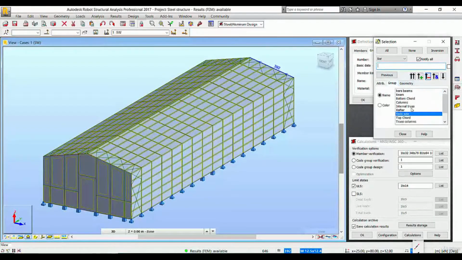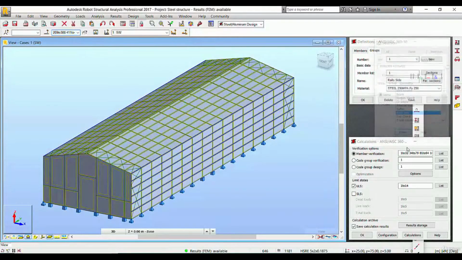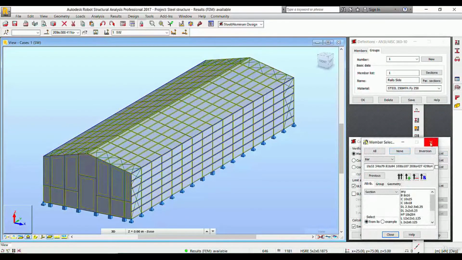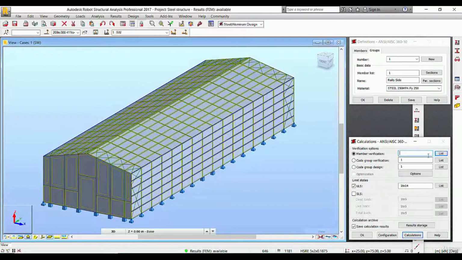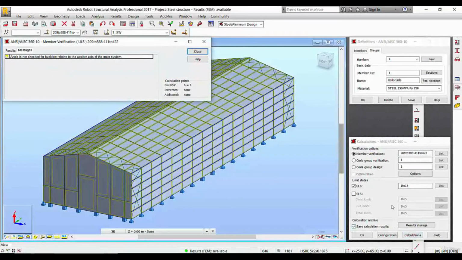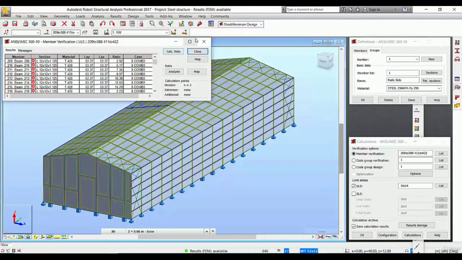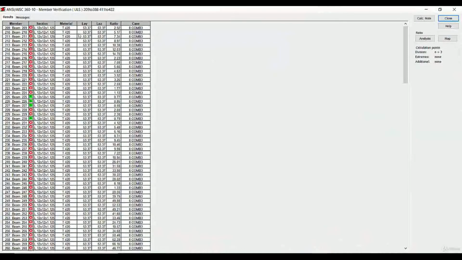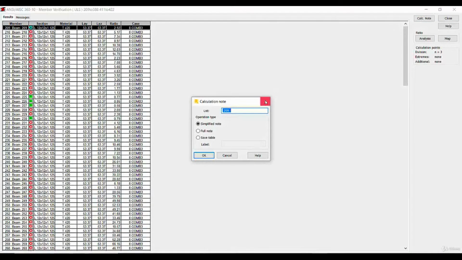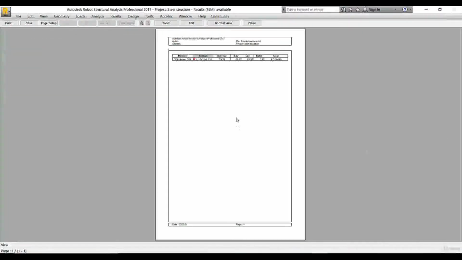okay, we go to group and Ctrl C here, we put here. Okay, now we press calculation, result. Now the robot, for example, design,